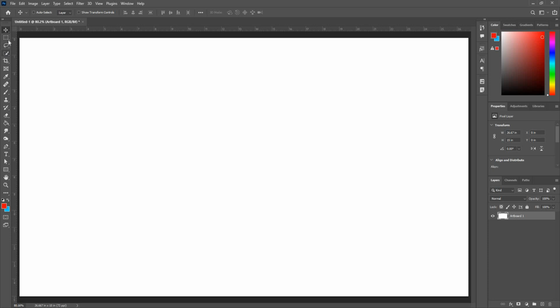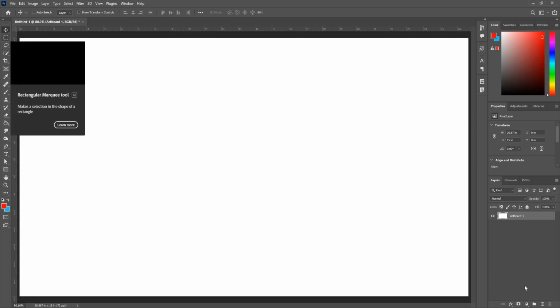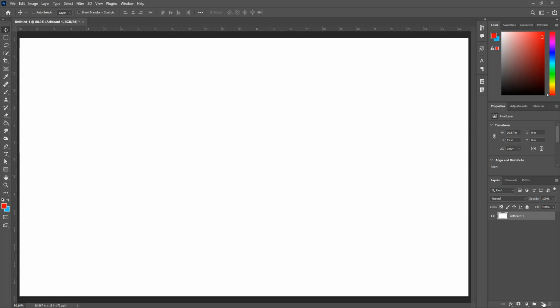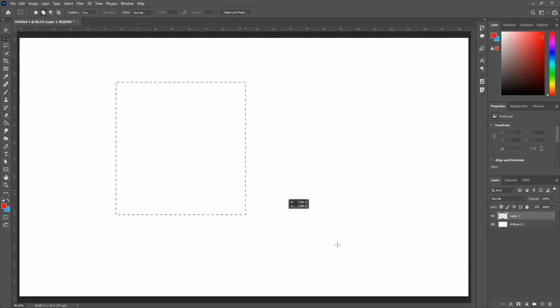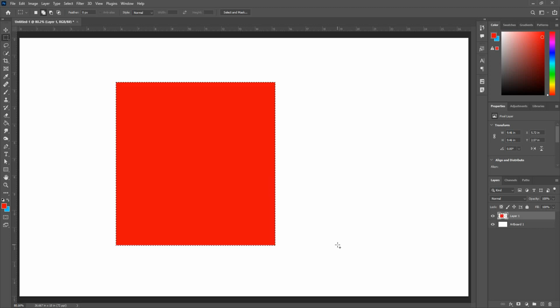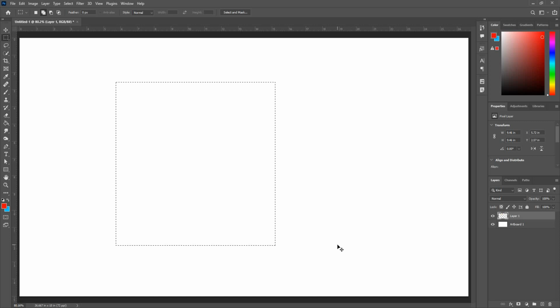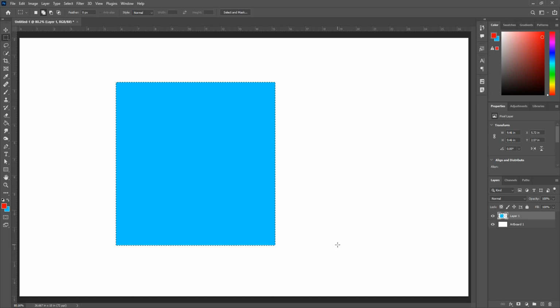If the shape is raster, let's say this, I'm going to take a new layer and I'm going to take a selection. Say this is the selection, and if I give Alt backspace, I'll get the red color, or instead I just give Control backspace, I'll get the blue color. But this is a raster layer. Now after deselecting this layer,